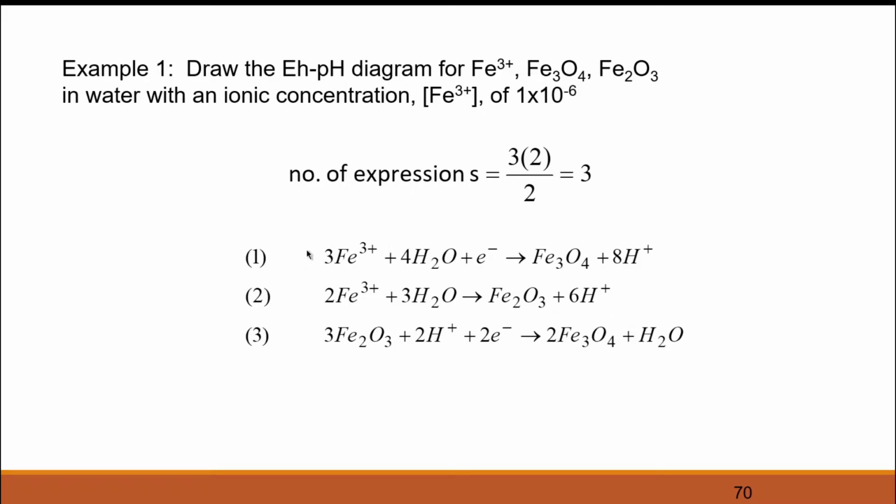So if we did the different couples for this, first we have your Fe3 plus and your Fe3O4. So the way we balance it is to use H2O, E minus, and H plus. So I'll show you how we can generate this now. So let me transfer to my whiteboard now. Okay, so we'll try Fe3 plus, and we are forming Fe